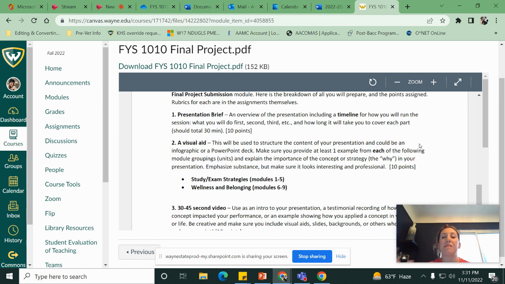So again, within the visual aid, you need to provide at least one example from the study exam strategies modules and then the wellness and belonging modules, explaining the importance of the concept that you're bringing up and the why in your presentation. Like if you choose to talk about the study cycle, there has to be evidence that you understand what the study cycle is and why you're including that recommendation or talking about that particular concept in